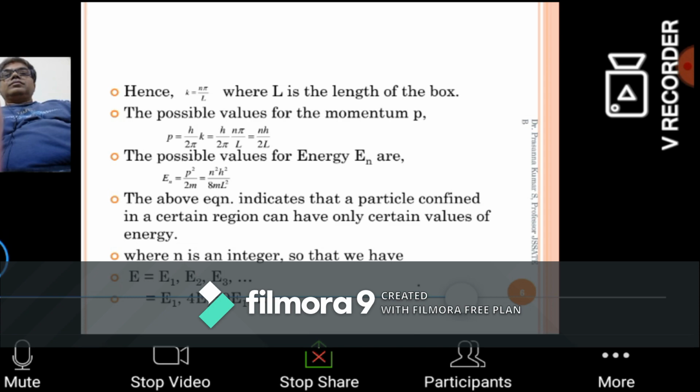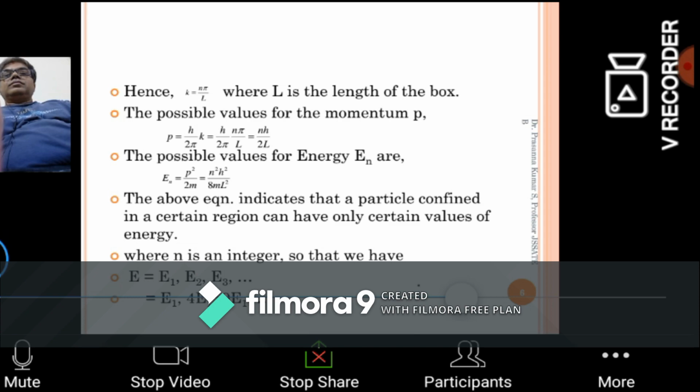The energy of the electron in the n equal to 2 state, that is E2, is equal to 4 h square by 8 m l square. And when the electron is in the third state, it is E3, 9 times h square by 8 m l square, and so on. Therefore the probable energy the electron can have is only E1, and the next energy is 4 times E1. The next probable energy is 9 times E1. When the particle is in the fourth state, it is 16 times E1. The next, n is 5, so it is 25 times E1, and so on.